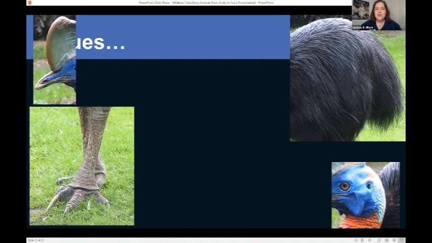All right, if you think you know what group this animal belongs in, you can type it in the chat, or if you know what type of animal this is. You guys ready to see the whole image? All right, here is the animal all in one picture.